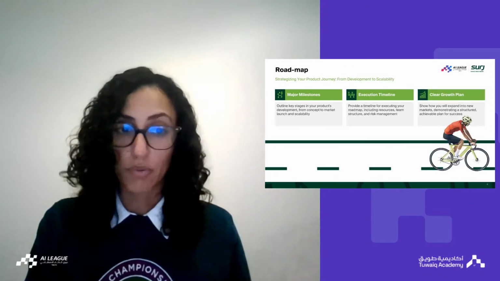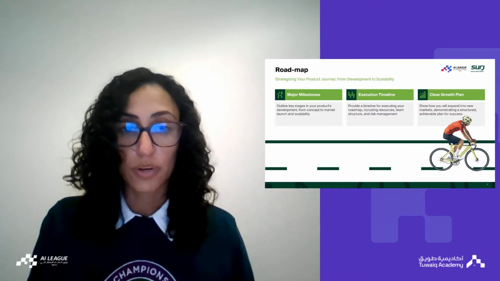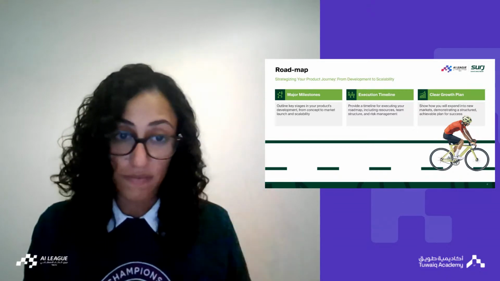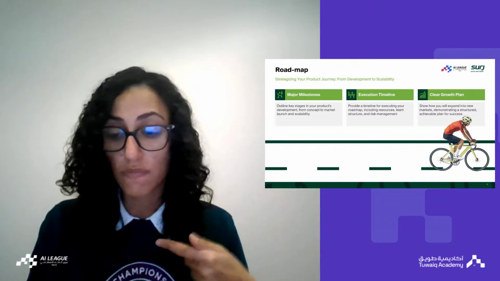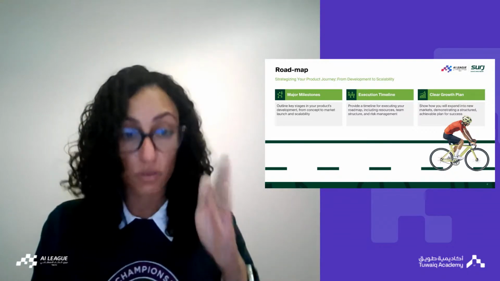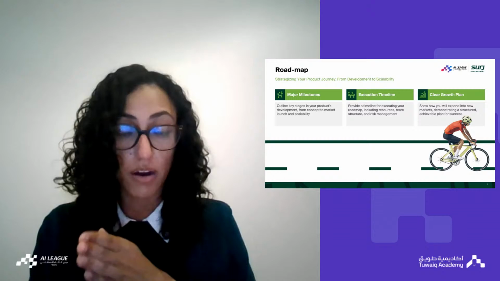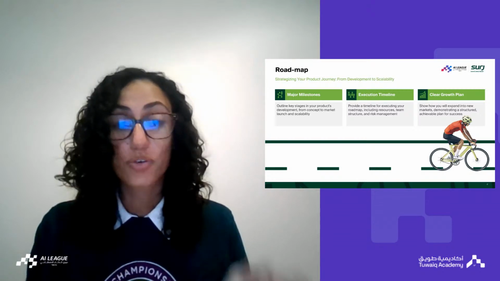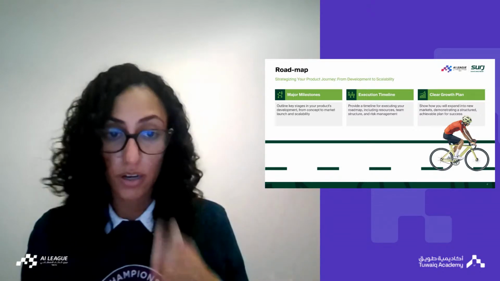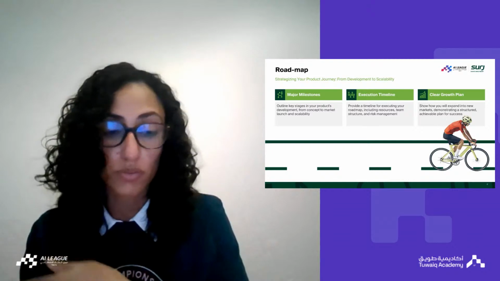Your roadmap, again, I won't reiterate too much on this point. However, your roadmap, you have to ensure that you are very clear on what the major milestones are. They can be revenue milestones, they can be innovation milestones, feature set milestones. It doesn't matter so long as you're explicitly clear on what they are. And then to that end, when you plan on executing on the timeline to get to those milestones.